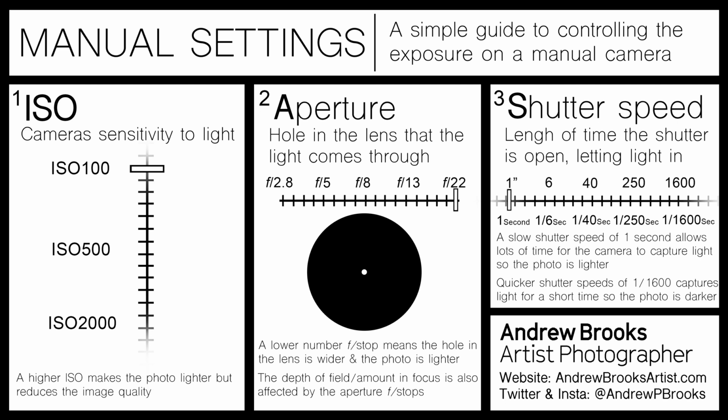So the first one I think about is the ISO, and that is where you set how sensitive the camera, the chip in the camera that collects light, that collects the image, is to light. So if we've got that at 100 ISO, then it's not that sensitive to light. Your image will be quite dark. If we put that right up to 2000 ISO, then that chip is very sensitive to light, and you'll get